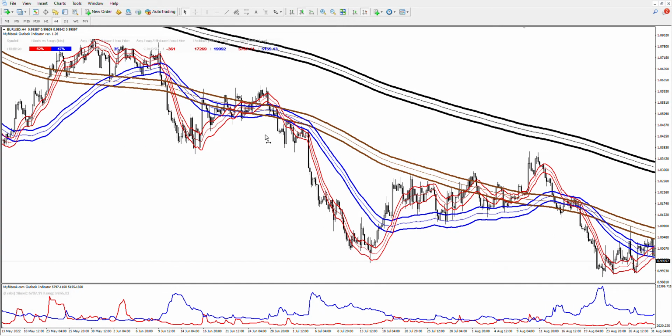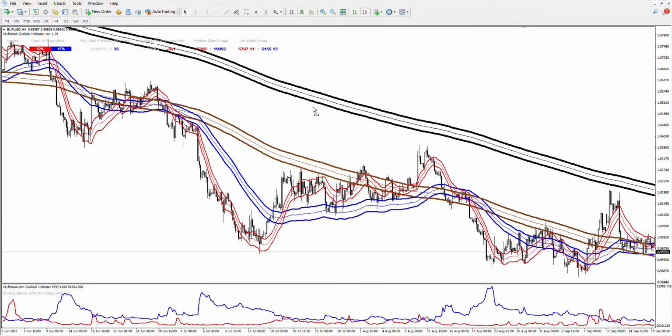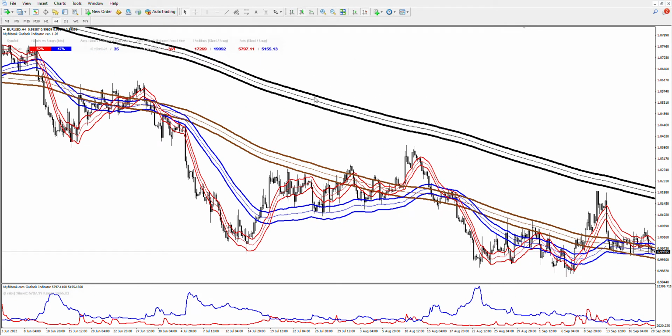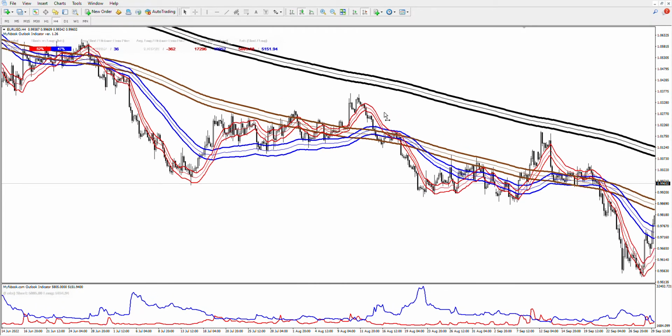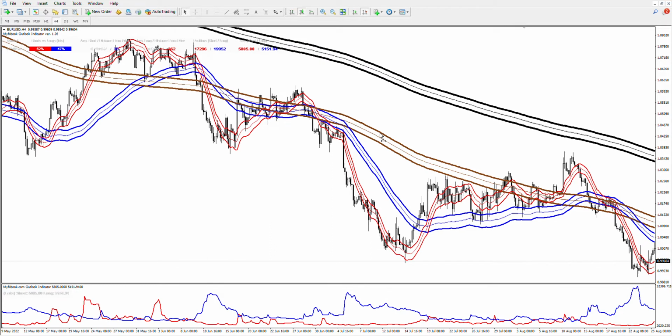And how do we do that? Here we use the double exponential moving average. The black line is the yearly, of the highs, of the lows, and of the mean yearly average price. And this is applied to the 4-hour chart. And on a 4-hour chart, the yearly would be